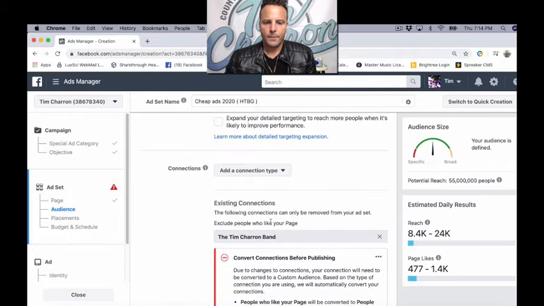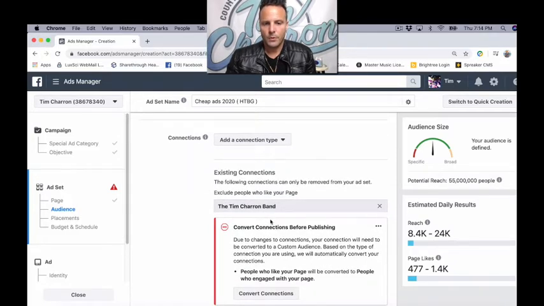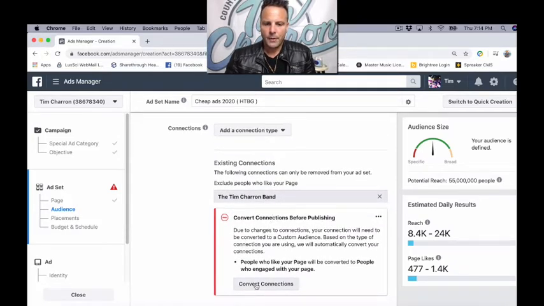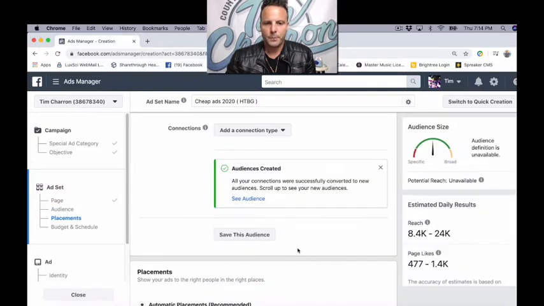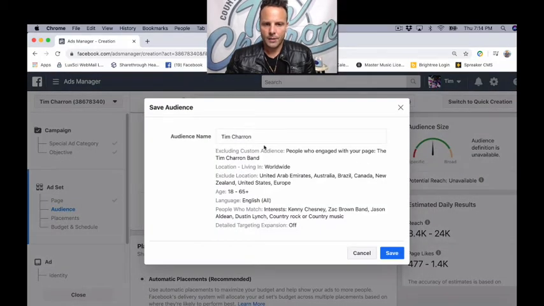Okay. Now this is a little funky because they've changed this. Before you would exclude the people who like your page because we want to be marketing to new fans. Now this says convert connection, so people who like your page will be converted to people who are engaged with your page, which is the same thing. So let's go right ahead and do that. I'm gonna hit save this audience